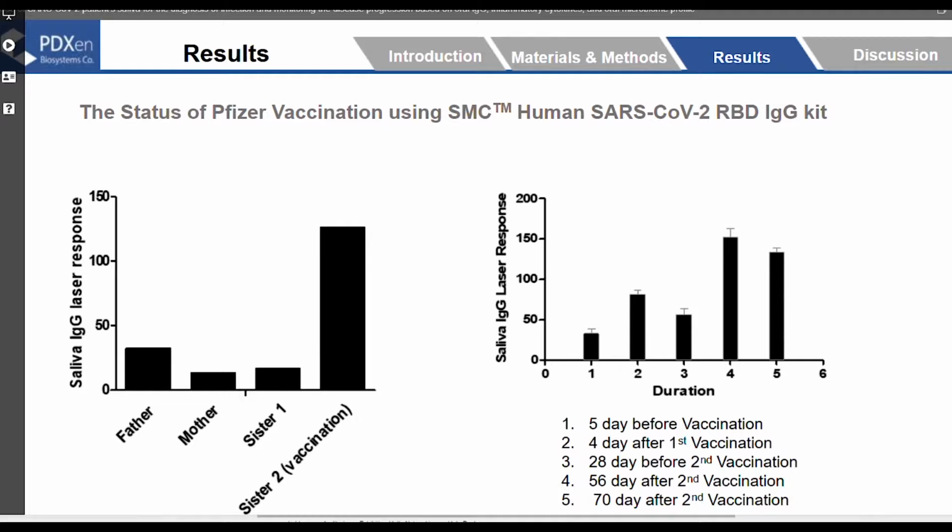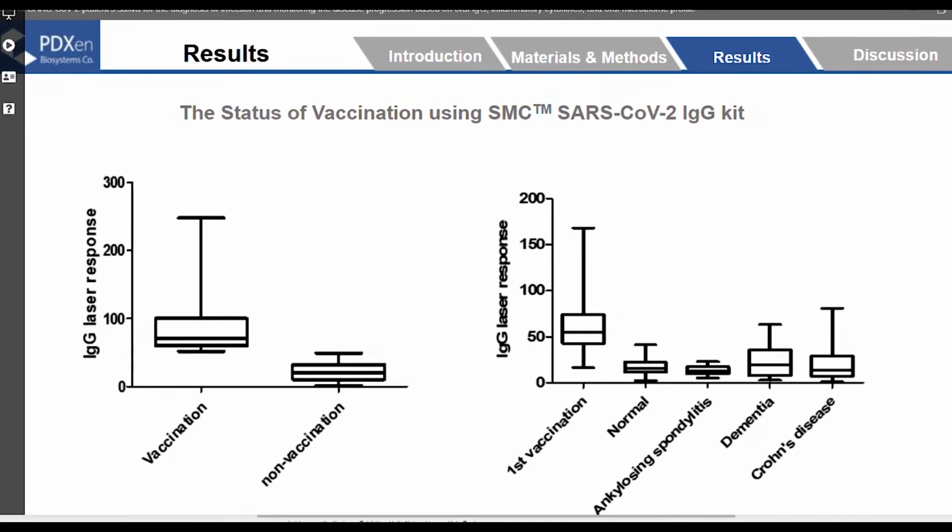Those are the features we tested before vaccination, in the middle between the first and second vaccination, and after. Collecting that, we found that most people carry over that IgG. We also have data on vaccinated versus non-vaccinated people, and the IgG level is clearly different. For statistical analysis, we got a p-value below